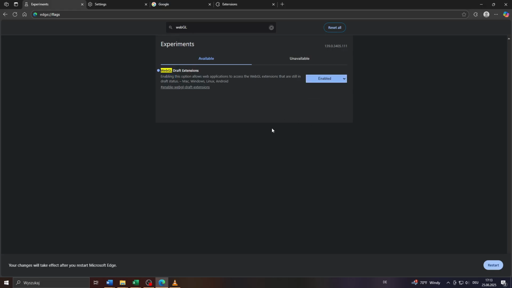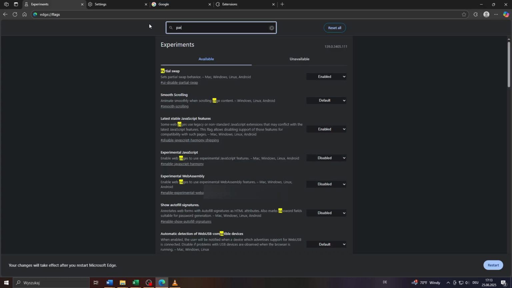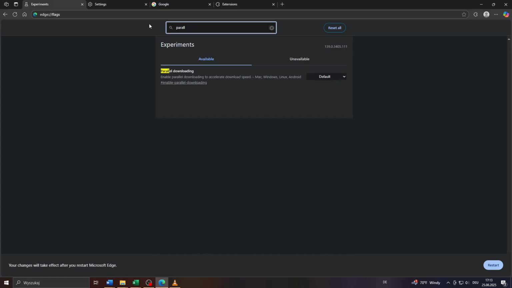Before you save your changes by clicking on restart in the bottom right corner, guys, you may consider also enabling parallel downloading here through the experiments feature. To do that, click into that search bar at the top, type in parallel, and after that you will see that suggested entry below, parallel downloading. It will enable or turn on parallel downloading, which may improve or translate into faster downloads or improved download speed,